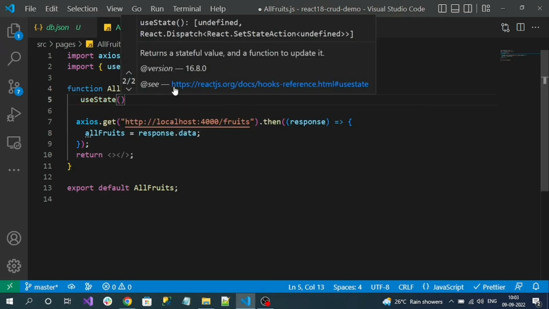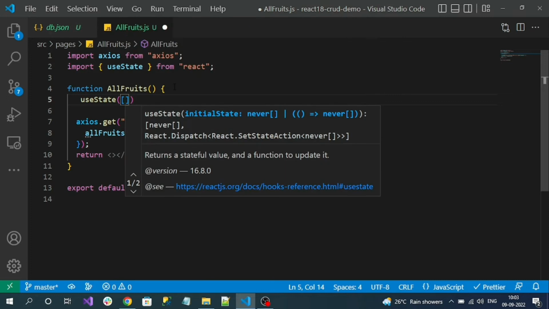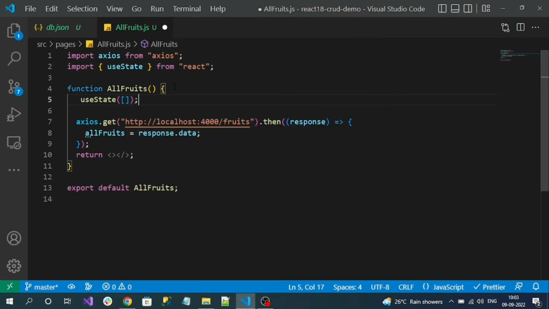Okay. And to this useState, we have to pass an initial value. Initially, I want to have the array, right? All fruits. So I have to pass the array, and it should be assigned to a variable like an array. What does that array mean? const allFruits. So the first variable in this array will take this value. Whatever the initial value or state value is will be assigned to this property. This is a normal variable, comma,